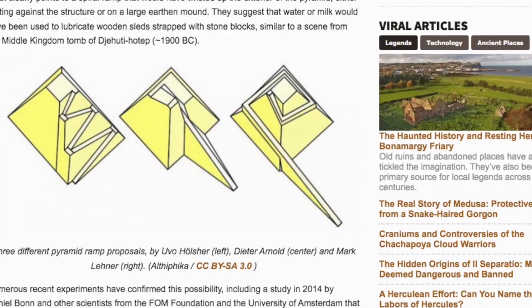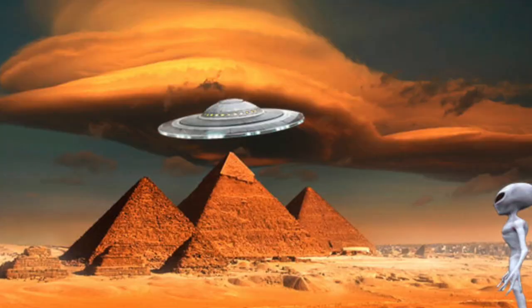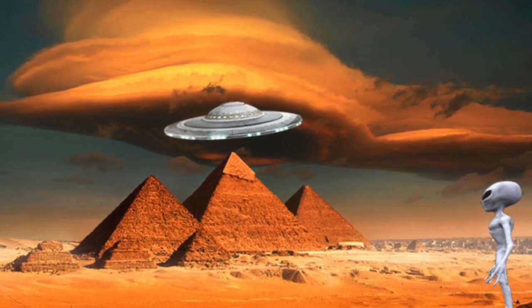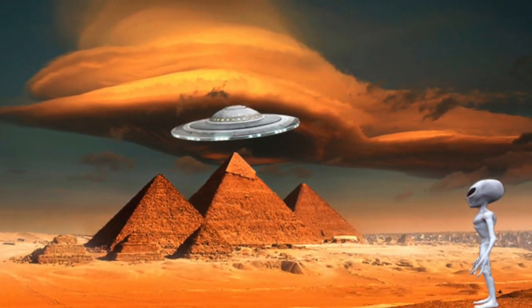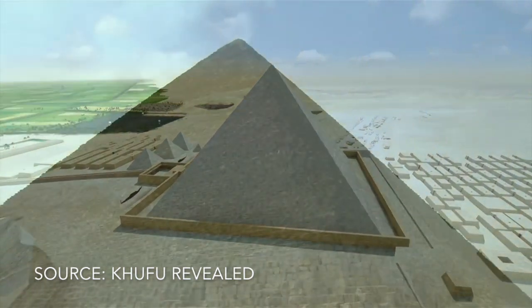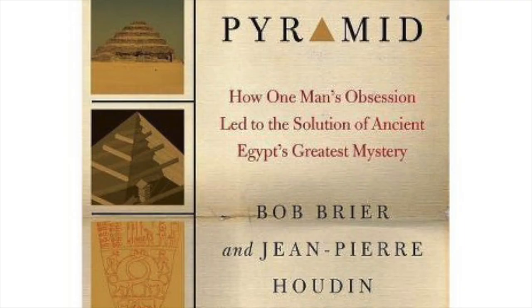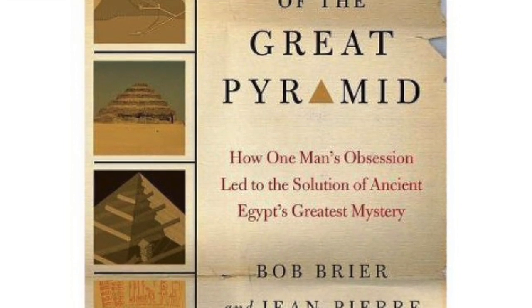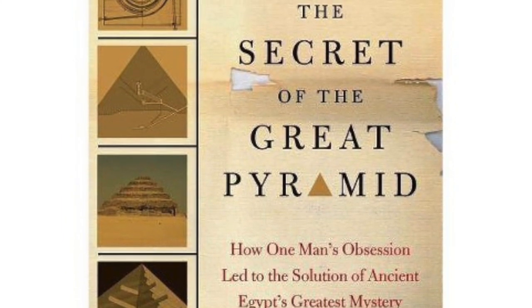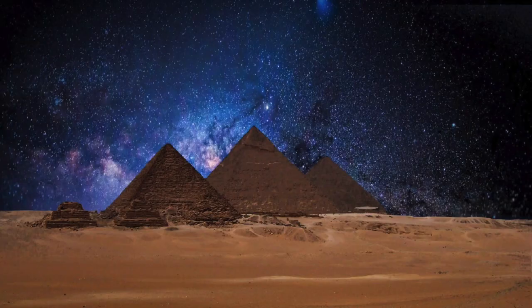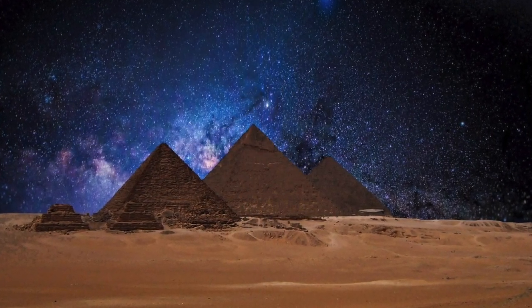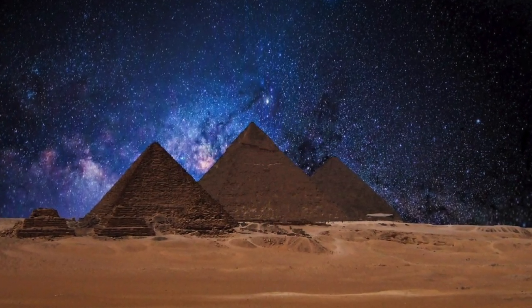There is a glut of alternative construction theories for the Great Pyramid, ranging from the mundane to the frankly absurd, and Jean-Pierre's is easily one of the most thought out and convincing. Bob Brier makes a fascinating case for Houdin's theory through his book, Secret of the Great Pyramid, but there is, unfortunately, the matter of the missing concrete evidence. This is a problem that plagues a lot of research into anything Great Pyramid related, to be fair, but for something as massive and as groundbreaking as Houdin's internal ramp theory, I would expect more evidence to exist than what we currently have. I have infinite respect for Houdin and the amount of work that he's put into his theories.